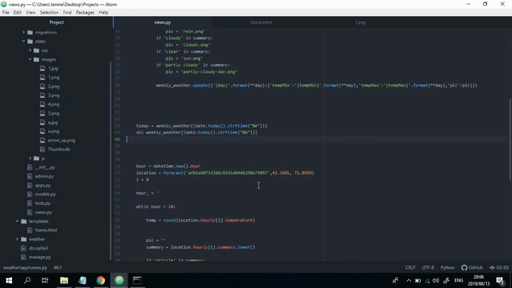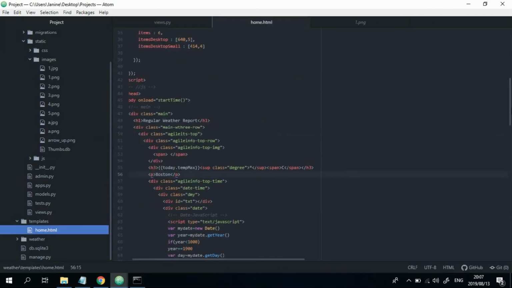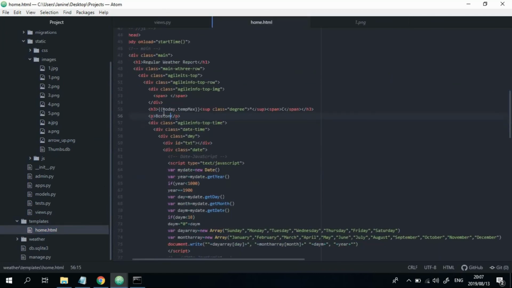So just a quick insert over here. I actually forgot to add the current day weather. So this is the code for it. Just make sure you copy it down. We're taking the first item within this dictionary over here, and adding it to the variable called today. Then we're deleting it, because for the weekly weather we don't want to show today's weather in it. We want to show the next day's weather and then for a week onwards. That's why we're deleting the first item, because it's the current day weather. And then head over to your home.html, and then over here you would say